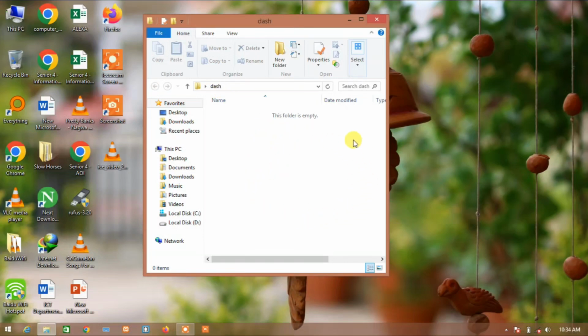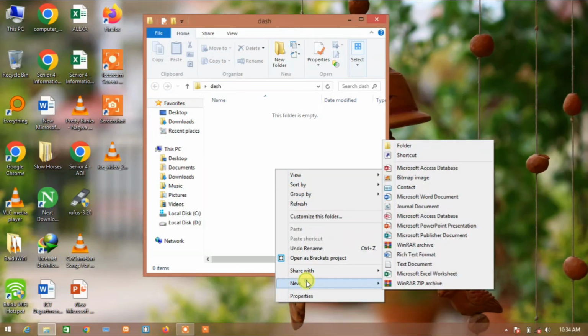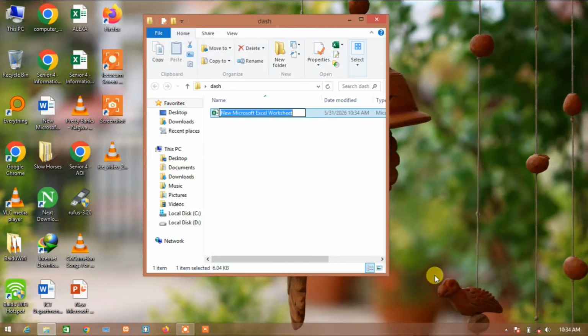Now you come in its empty space, this is its space, right click, go to new, then create that Microsoft Excel worksheet. So you select it, and that's how it will be like. Most especially when you open it like that, it is blue, words are highlighted, so it is telling you to rename it. So you'll simply have to rename it. I'll call it A, B, C. Not good. Let me just call it Introduction